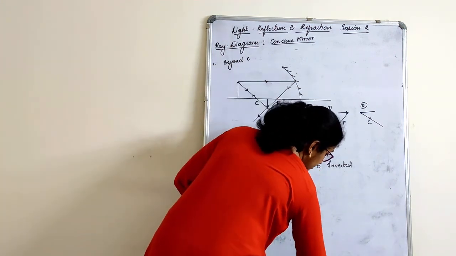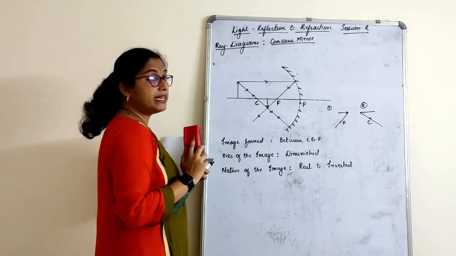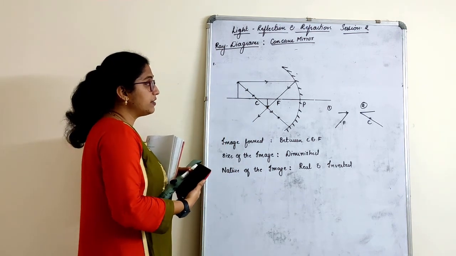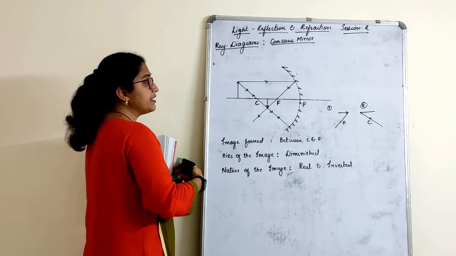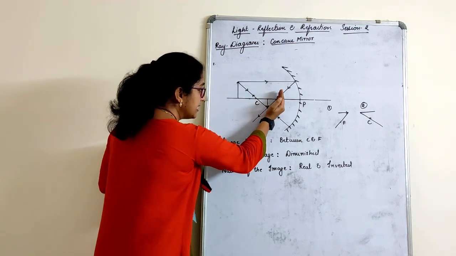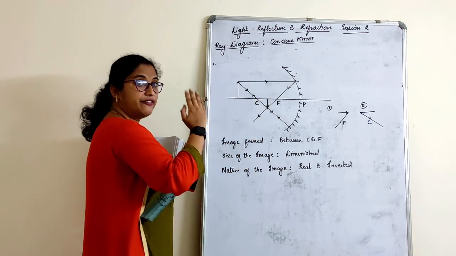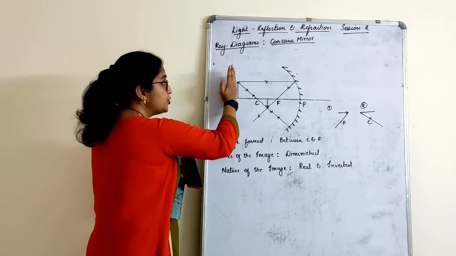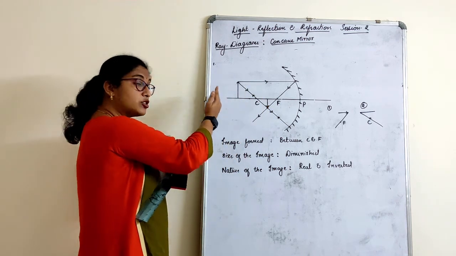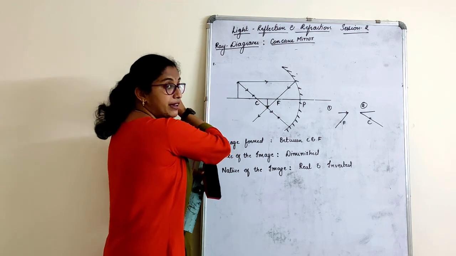I'm just trying to erase this part. So now beyond C is over. Where should my next point be? Just see, where the image was at infinity, the image was formed here at F. Then I brought it a little bit further, and the image actually started coming backwards. Just imagine, as and when the object position goes on going in the front, the image formation goes on going at the back. Observe.